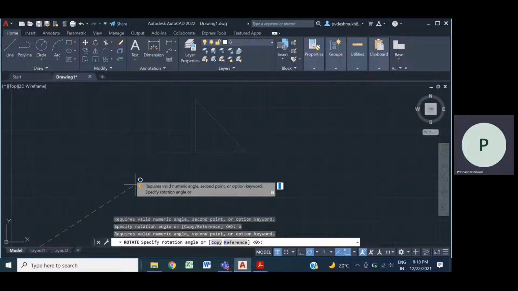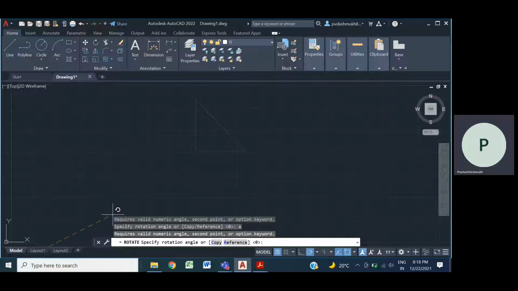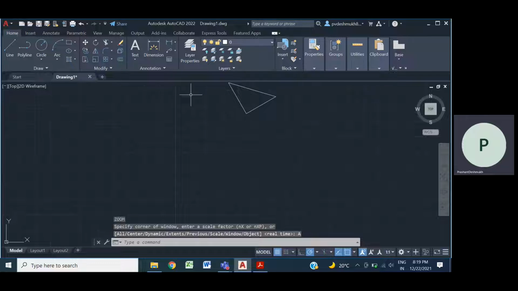Then we can define the angle, say 30 degrees. Zoom. So this will get transformed.